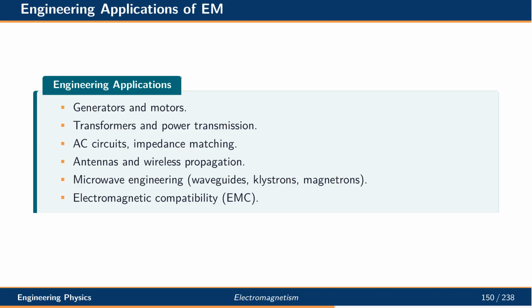Electromagnetism powers a vast range of engineering systems. Generators and motors convert between electrical and mechanical energy. Transformers and power transmission lines distribute electrical energy efficiently. AC circuits and impedance matching are the foundation of electronics. Antennas and wireless propagation enable communication. Microwave engineering uses waveguides, klystrons, and magnetrons for high-frequency applications. Electromagnetic compatibility addresses interference issues in